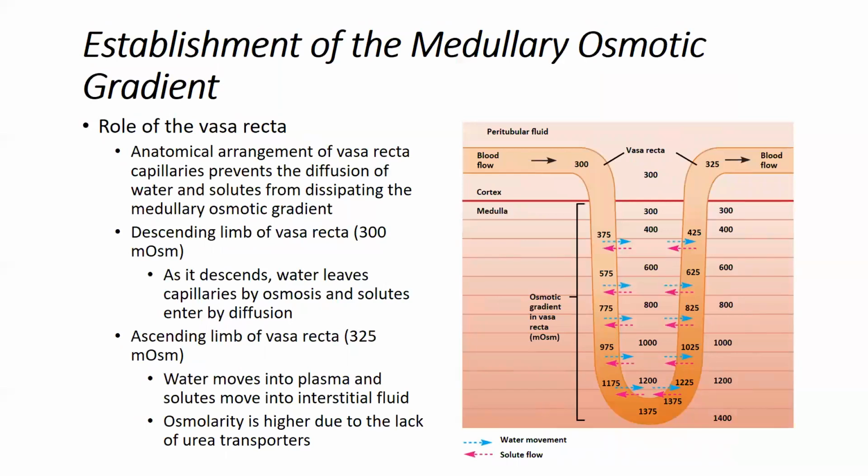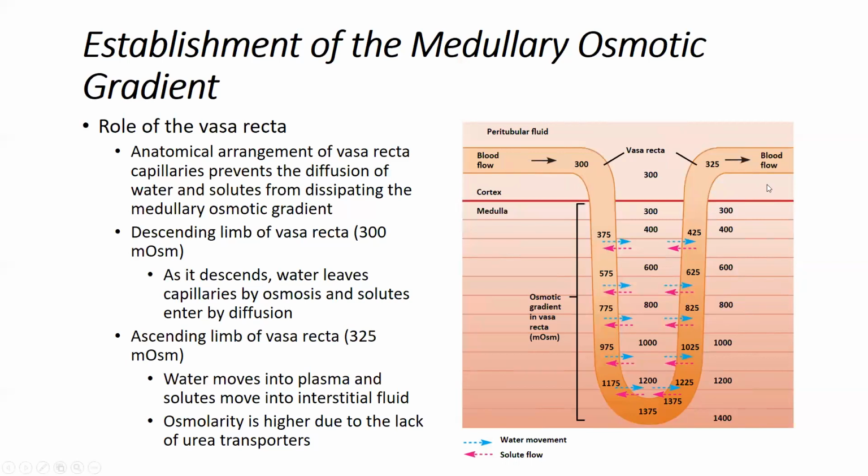Let's talk about the vasa recta. Now we want to understand here, we've been talking about the movement of fluid from the tubule into the blood vessel. We want to bear in mind that the filtrate is moving from the tubular structure, from the descending limb into the vasa recta, that network of capillaries around the loop of Henle. And so when you look at this image, when you look at the vasa recta